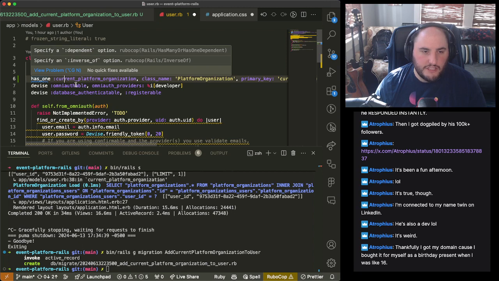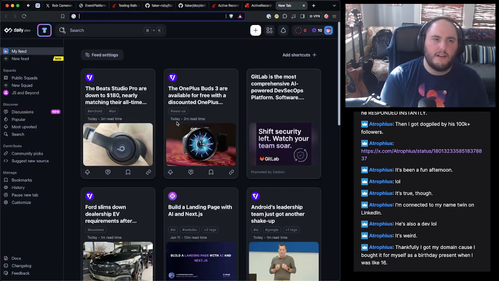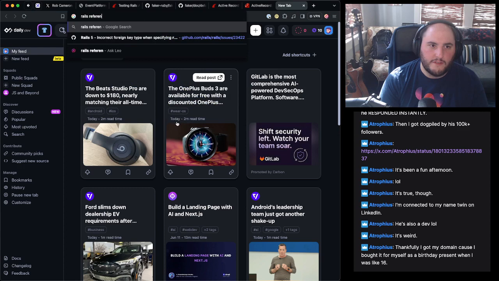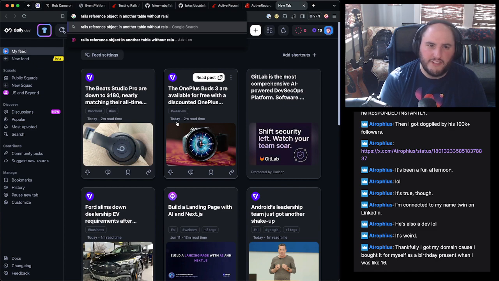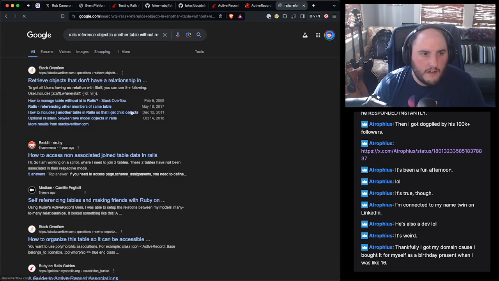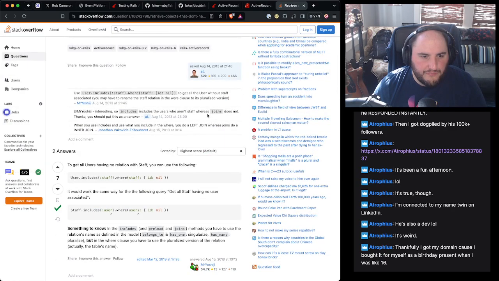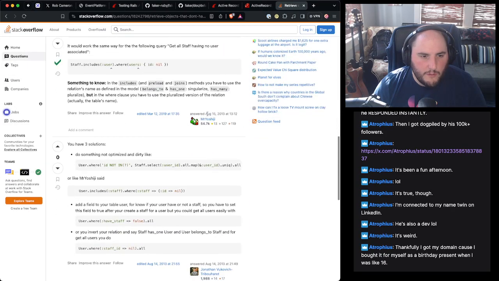And this should allow us to just grab it. Now, this is not really what we want. Let's see. Is it maybe Rails? Reference object in another table without relationship? What's the recommendation? That's not what we're looking for.